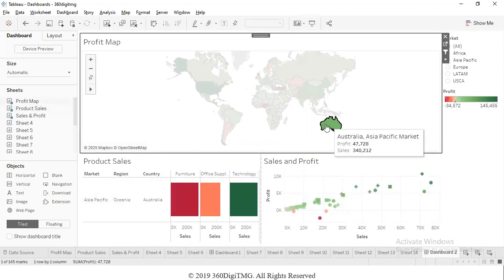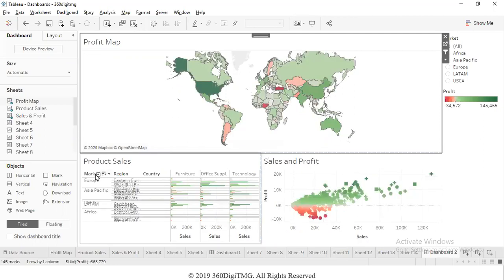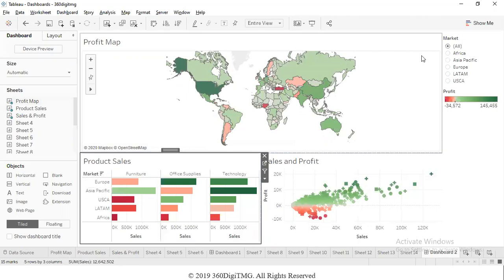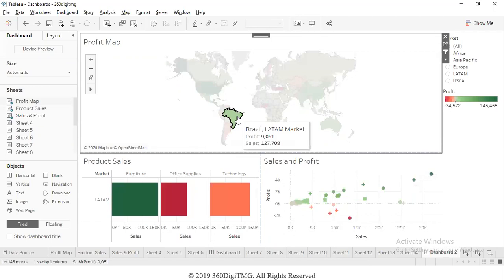And I notice that though Australia overall is giving us profits, it is in green color, that is not the case when we go at category level. It is giving very good profits only in the technology category. The other two categories, profits are quite less. So like that, we can analyze. I'll roll it back. So putting a filter is as simple as clicking on the funnel icon on the frame of that worksheet. Slicing of the data is happening automatically, slicing and dicing. You select a member, and for that particular member only the remaining charts are going to show the information.